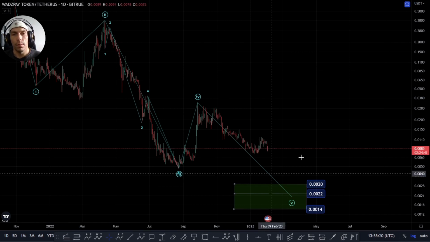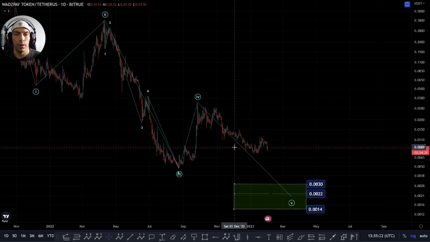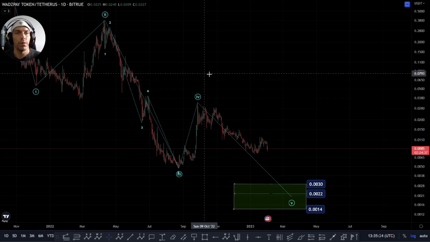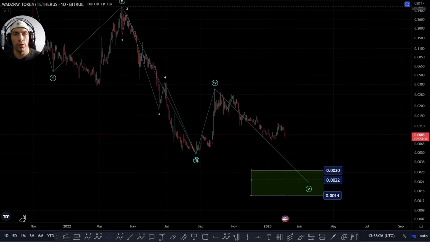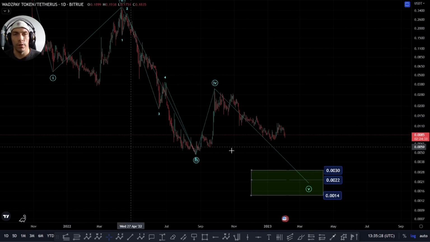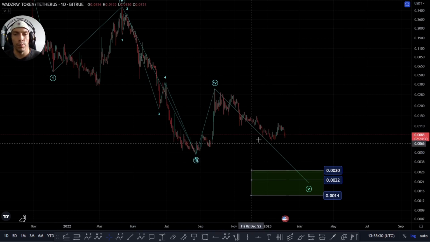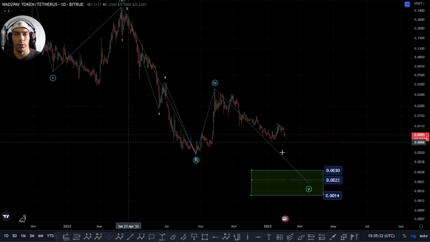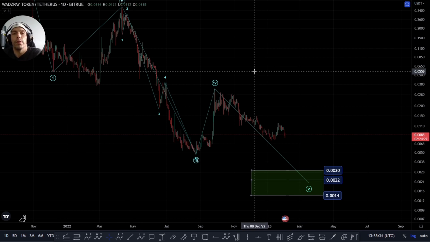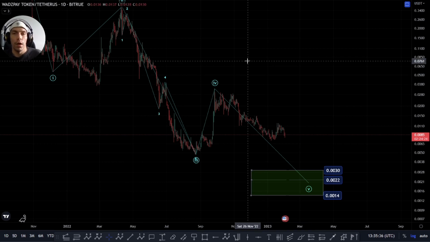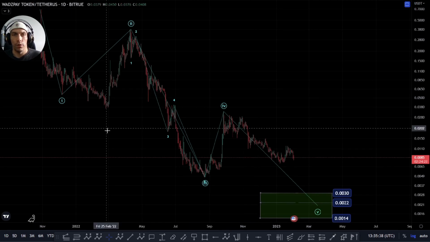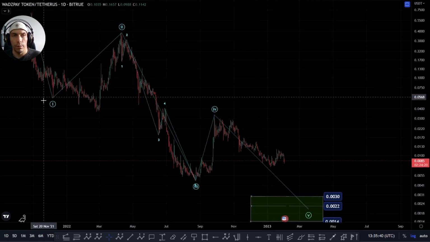We're going to be looking at the macro view and some potential internals within this. The problem is we don't have a lot of context within this structure, so it is open to interpretation a little bit. So we're going to go over both the bullish and bearish scenario here and what we think can happen within the structures. Okay, so this is the bearish scenario, and basically what we'll be looking for is